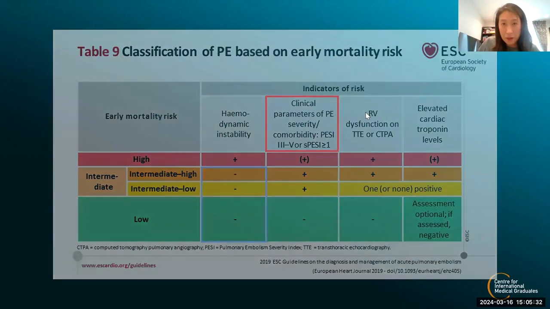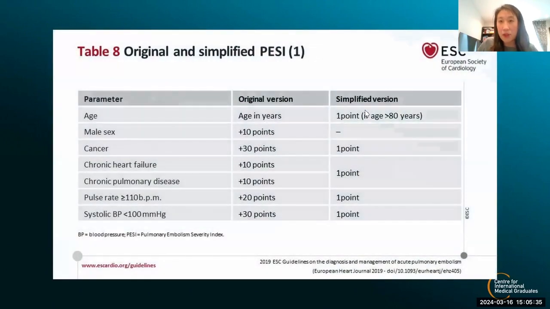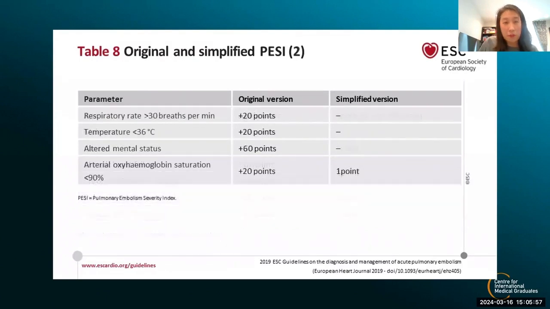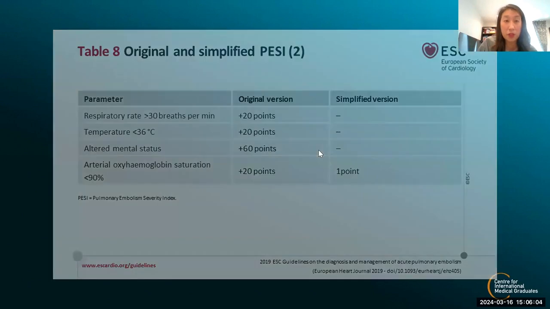So the second thing we're going to look at then is the PESI score, okay? And that's the pulmonary embolism severity index. Now, your hospital may use the original or the simplified PESI. I suspect simplified because it makes our life a lot easier. I do not have time to go through every single risk factor, but you can find the PESI score and have a look, so that you know what to look out for when you're taking a history from patients. Essentially, the PESI score looks at a number of factors, including signs, symptoms and history, and that would give you a score.